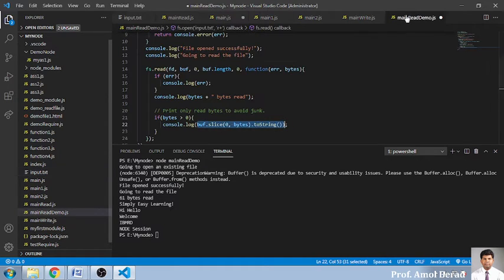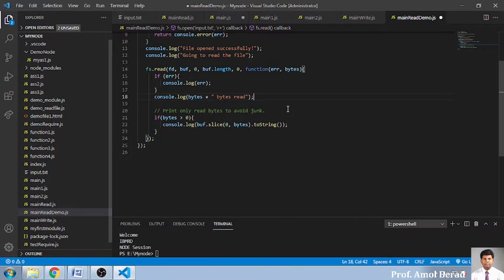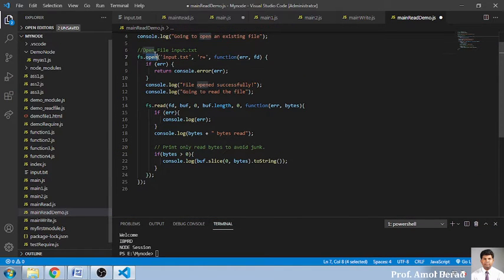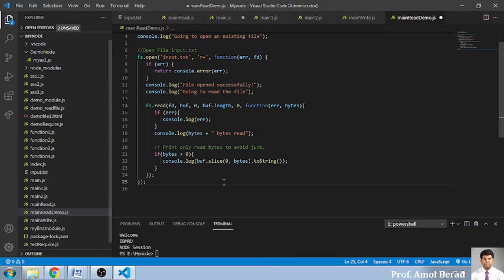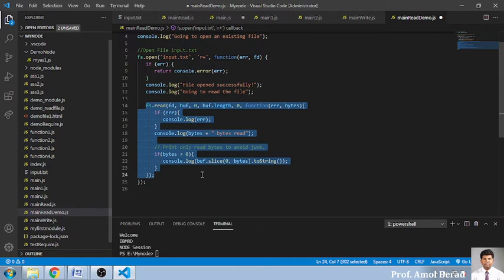So that is nothing but reading a file. Is it clear to everybody? We need to open a file, and after opening a file, you need to close the file. Keep this in mind: opening a file is not yet stopped. You have seen this whole code inside it. See, this is the whole line which specifies that I have not closed anywhere. This is what we call an anonymous way of writing a function in Node.js. Is it clear to everybody how to first open the file, and after opening a file, how to read the content of the file? Yes or no?